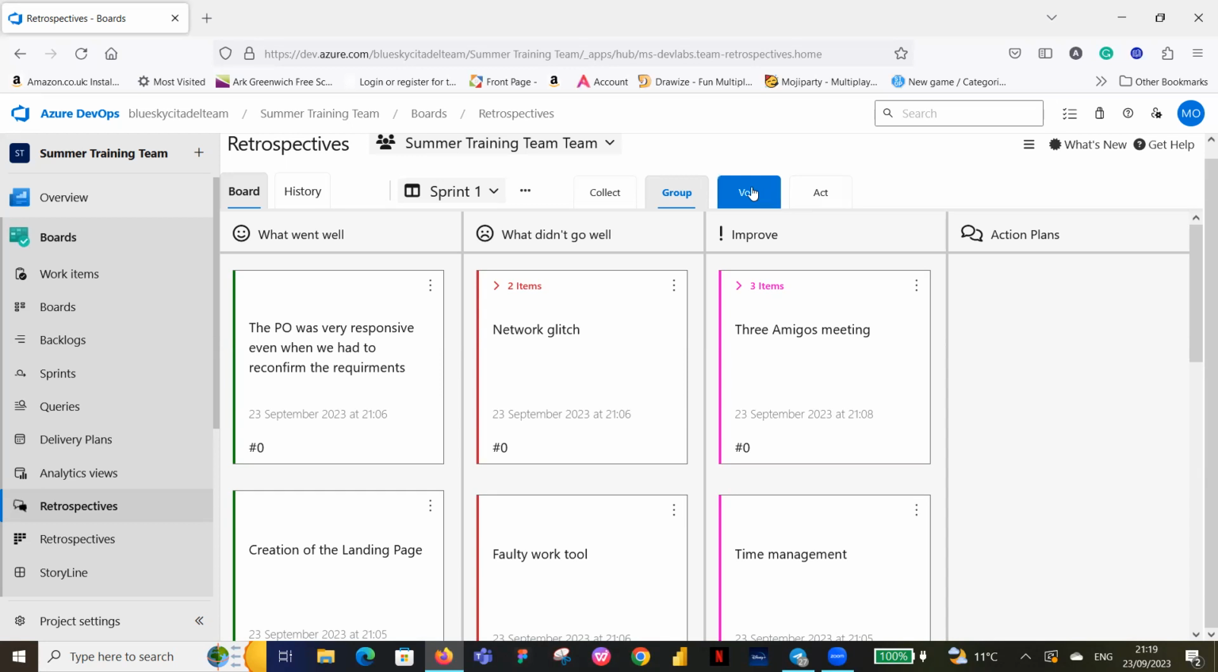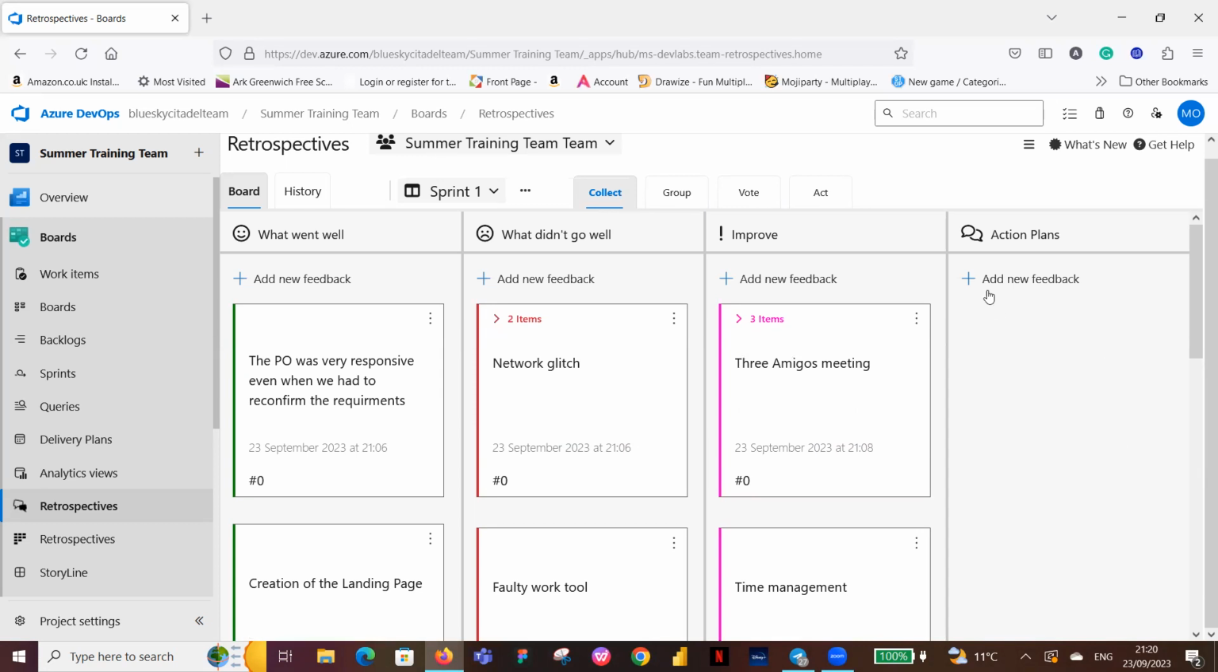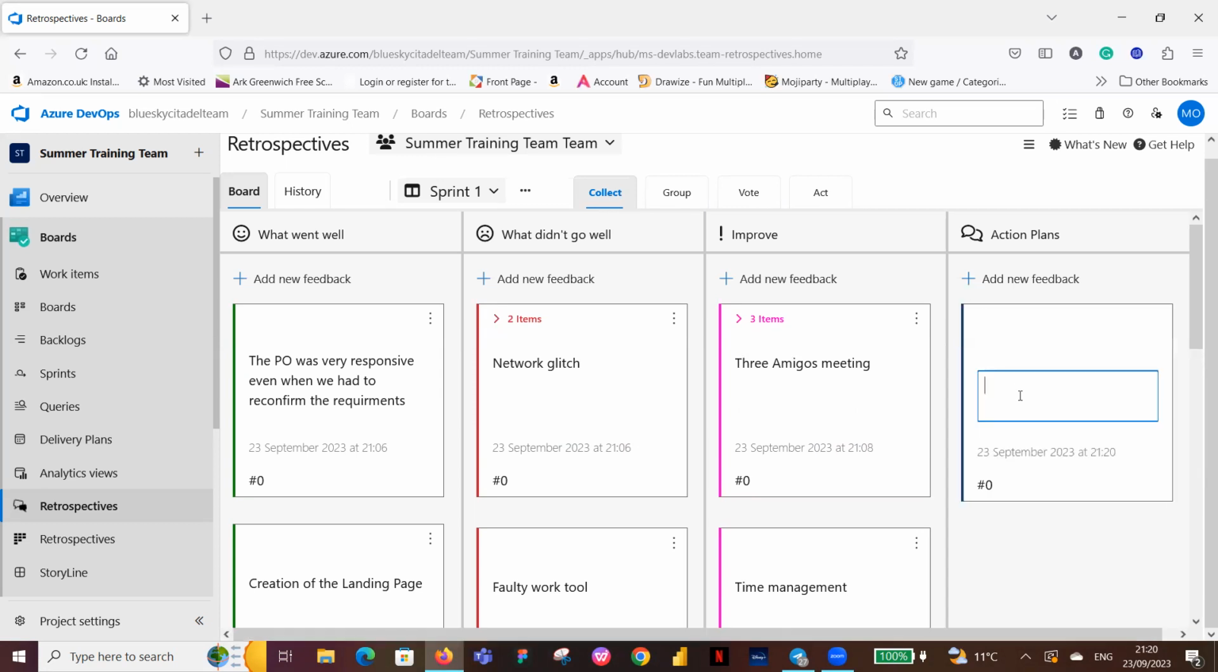Yeah, should we vote for which one we want to take in? I think the time management is quite important also, and then the Three Amigos also. Yeah, I would suggest we take both, quite important. So do we want to take the Three Amigos in? Yes, please. All right, I'm just going to go back to collect, and then our action will be